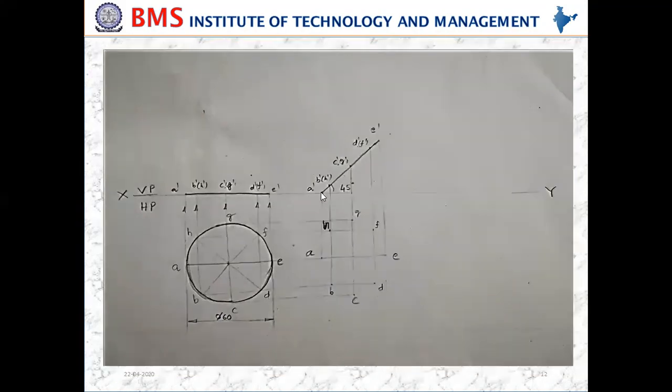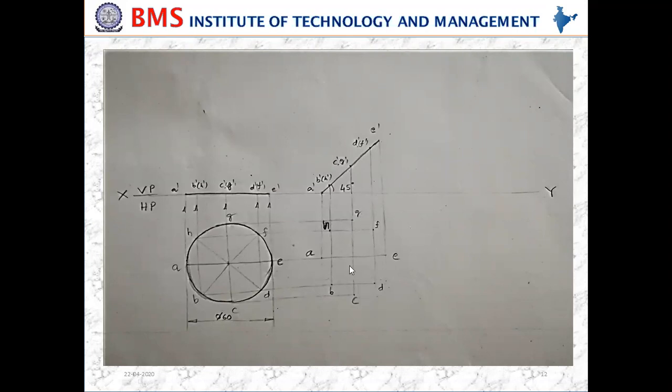Here, likewise, I have drawn from A dash, and then I have drawn from A, and both will intersect at this point. Similarly, from E dash, then from E we have joined, and then we are going to get the intersection point like this. Then likewise, from all the points, you need to draw vertical projection, then horizontal projection. Once you locate all these points with naming A, B, C, D, E, F, G, H,